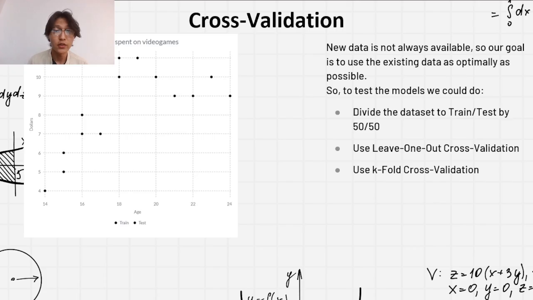Why though? Because new data is not always available to test the model. So our goal is to use the data that we already have as much as possible and as optimal as